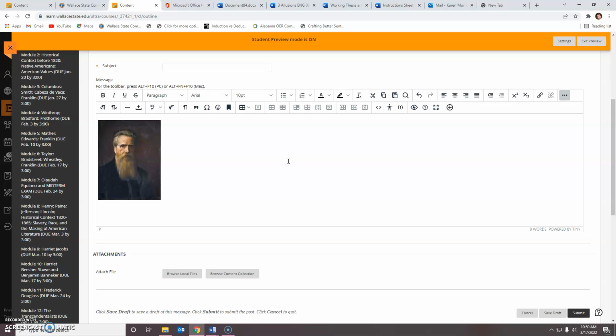If you have saved it as a Word document or any other type of document, you can save it as a PDF and upload it as well. So, caveat, not every document will work. You'll have to save as a PDF, especially if you are on a Mac, but you can also save as